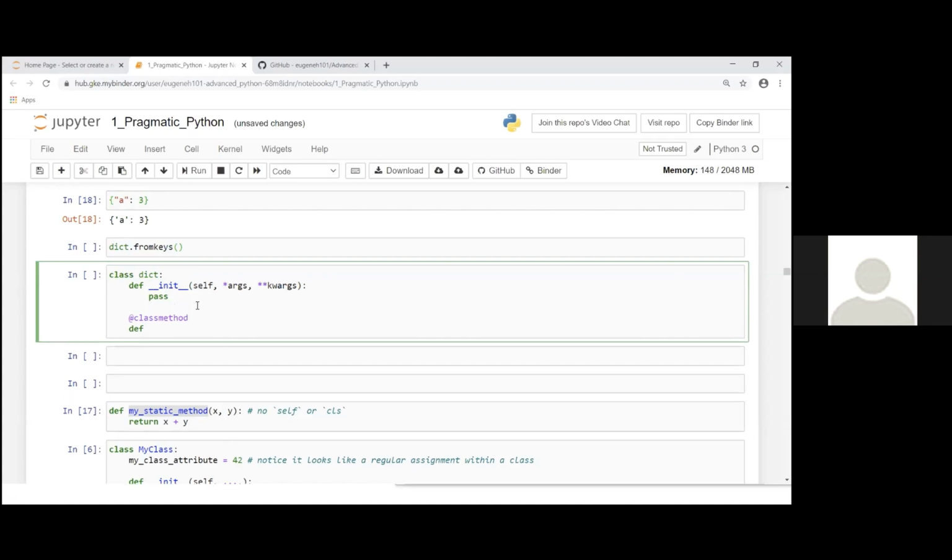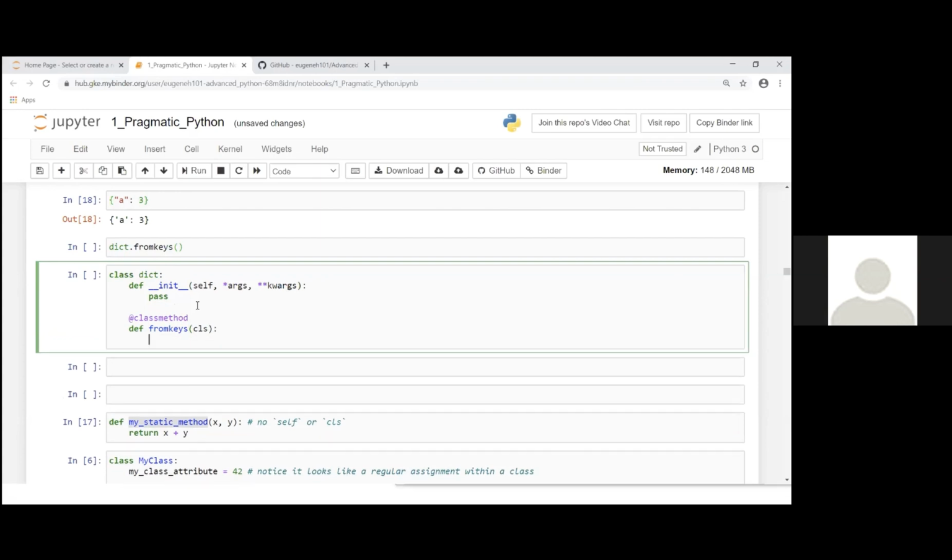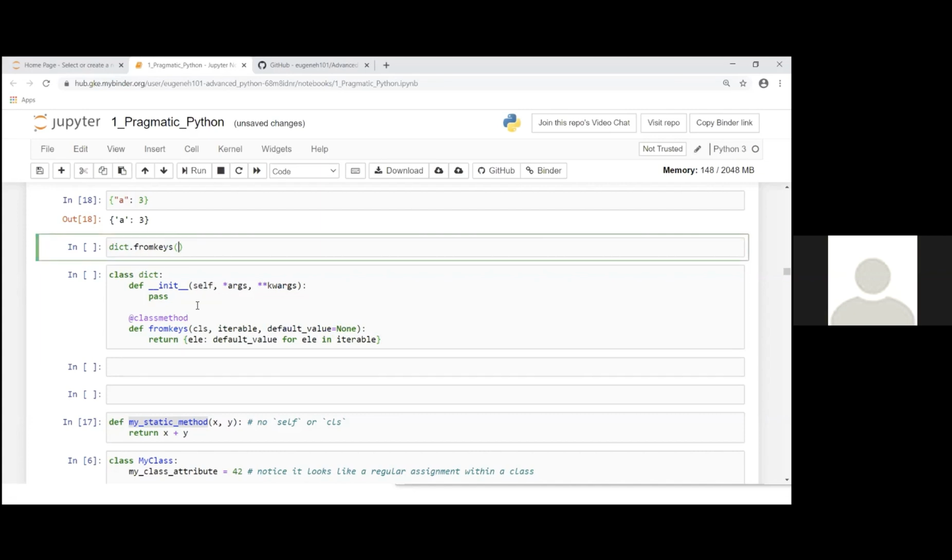So dict's from keys method, if I were to implement it, will look like this. That will be the effective implementation of the from keys method, which is an alternative constructor.